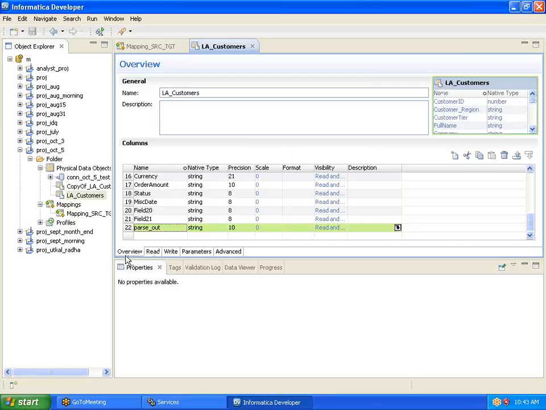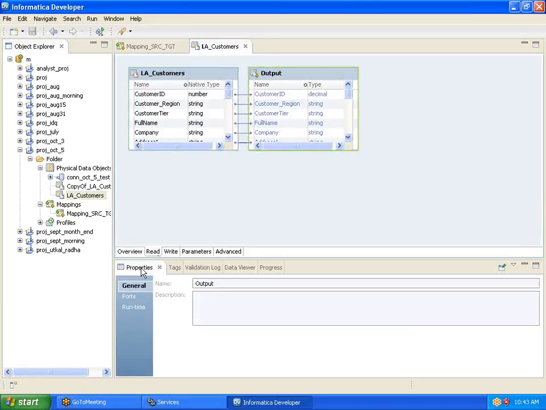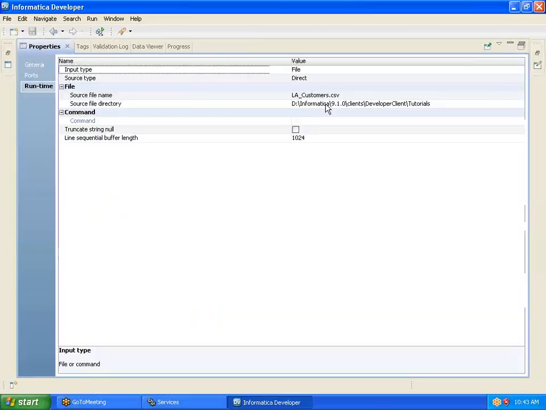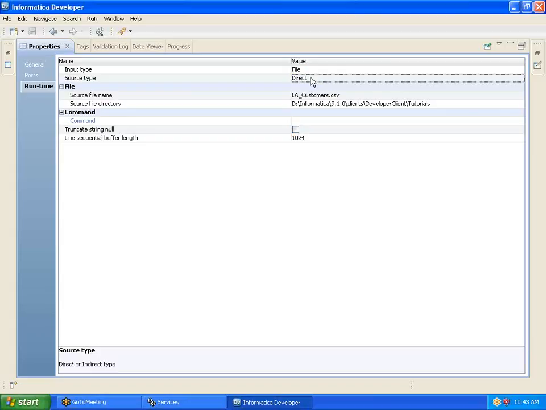Now, at the bottom, you will see different tabs. The Read tab is where you will see the properties corresponding to the reader. Can you see here? This is a path, file name, directory or file, whatever. Which means if you want to make any changes to the input path or input file name, we can change it over here. Within a mapping, there is no way of getting it changed. Remember that. But if the input type is a command, which means you want to read through a command, you can select a command,